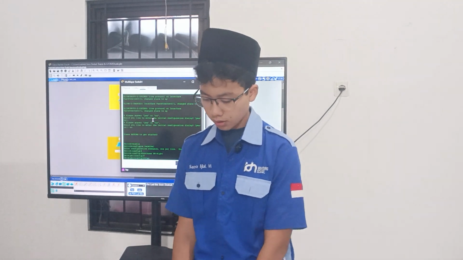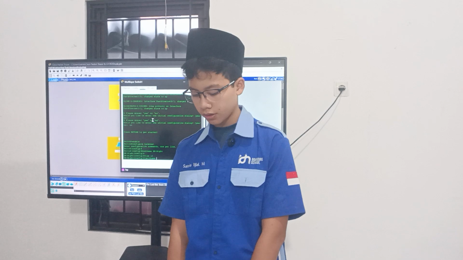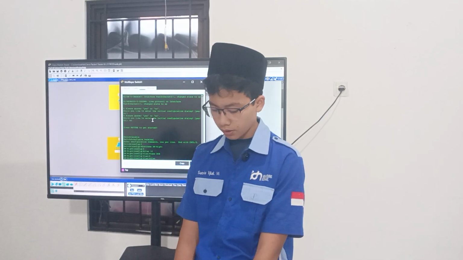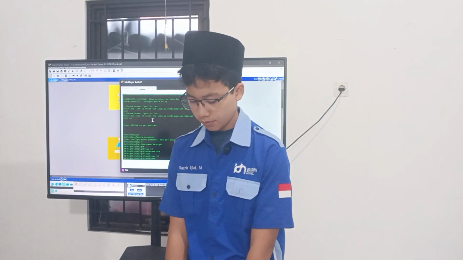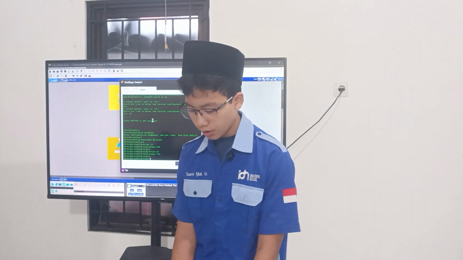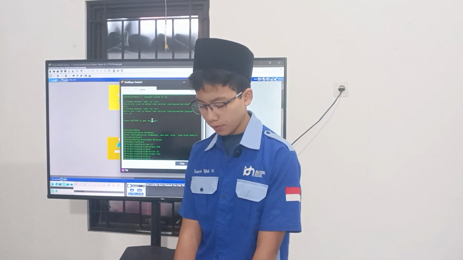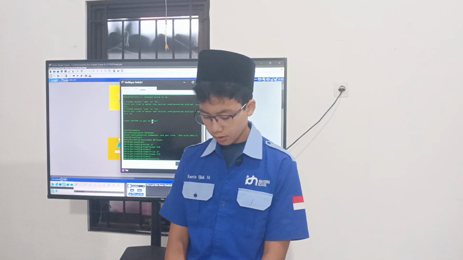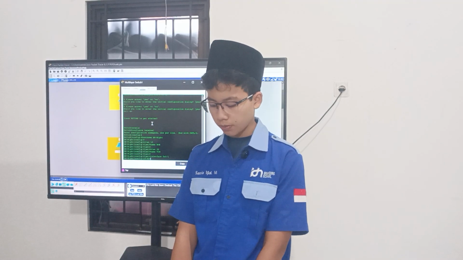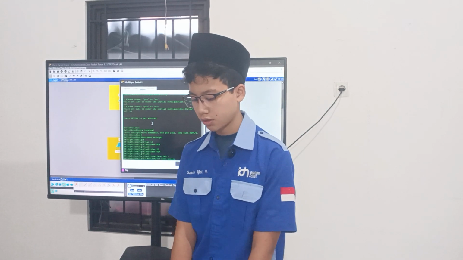And then you make a VLAN by typing VLAN 10, and the name of the VLAN is, for example, Bob. And then you make another VLAN called VLAN 20, with the name team. After you configure the VLAN, you can add the VLAN into the interface by typing interface fa0/1, then you type in switchport mode access.